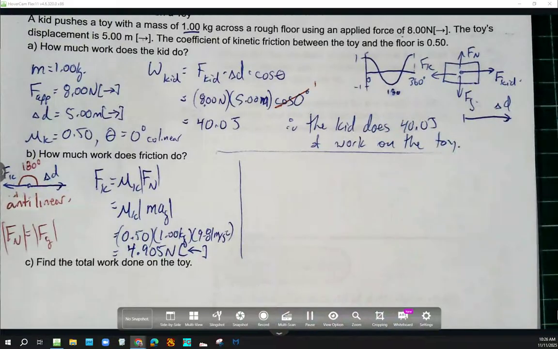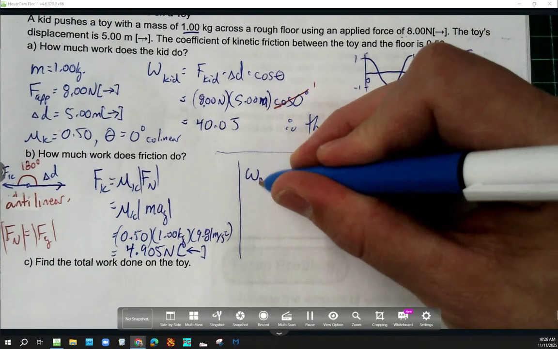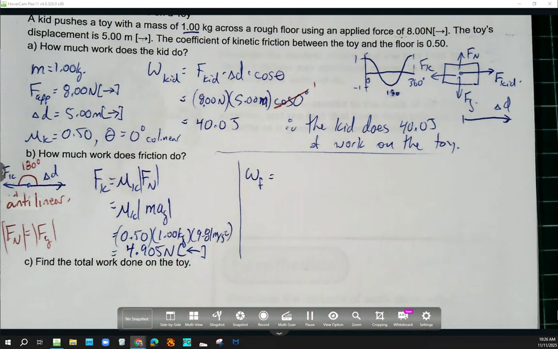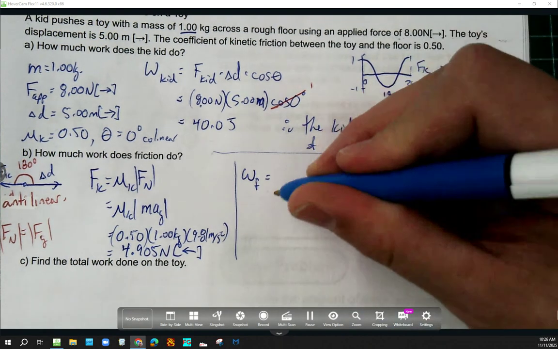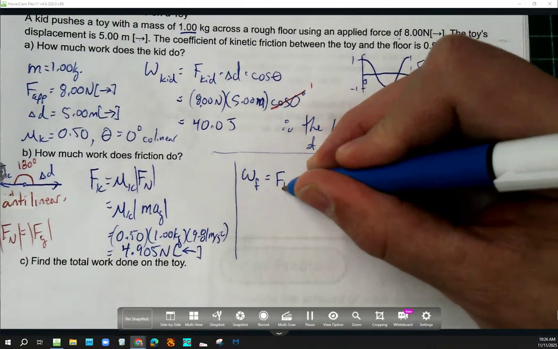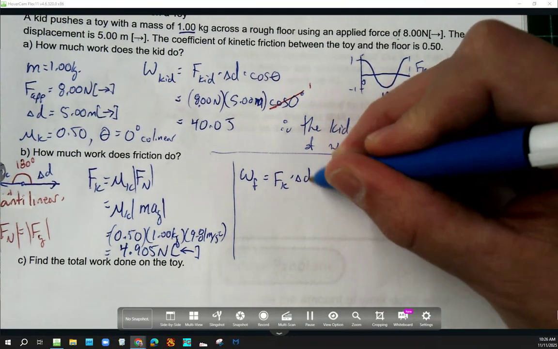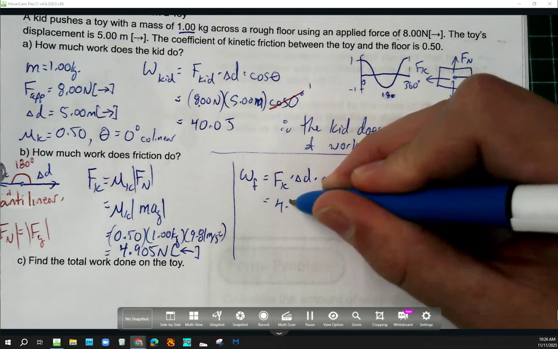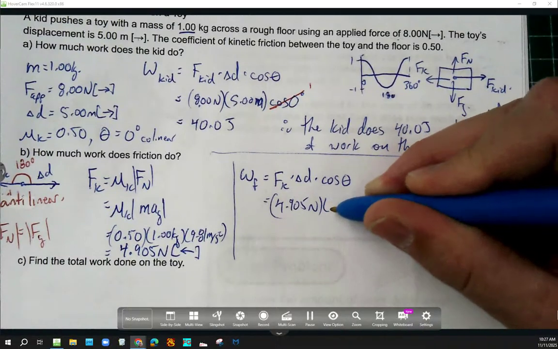I come back over here and I say, okay, well, how much work is being done? I'll just use F for friction. I don't want to say kinetic friction because I'll get it mixed up with kid. Maybe I should have used child or something like that to not get myself mixed up. So I'm just going to say work done by friction. But that work done by friction is going to be Fk, where it's kinetic friction, I suppose, times displacement times cosine of theta. But as I plug in my values, I got 4.905 newtons times the displacement of, what was it, 5 meters,